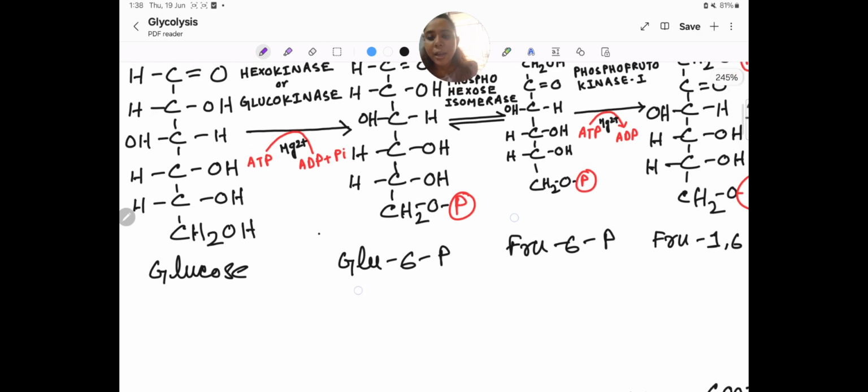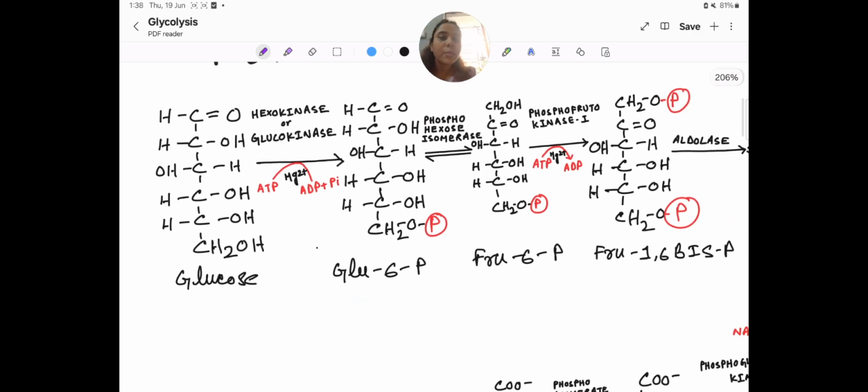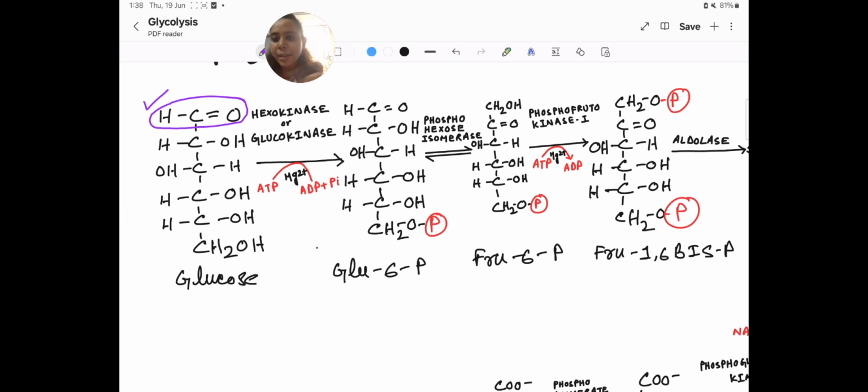Firstly, I have written all the steps to save time, of course. So firstly, see, this is the structure of glucose, where we can see the first carbon, which is composed of an aldehyde group, that is C double bond O. It is an aldehyde, right? Next you can see the whole glucose formula: H, OH, second carbon, third carbon is OH, H, fourth is H, OH, fifth H, OH, and sixth CH2OH. So what happens in the next step is that one enzyme works here that converts glucose to